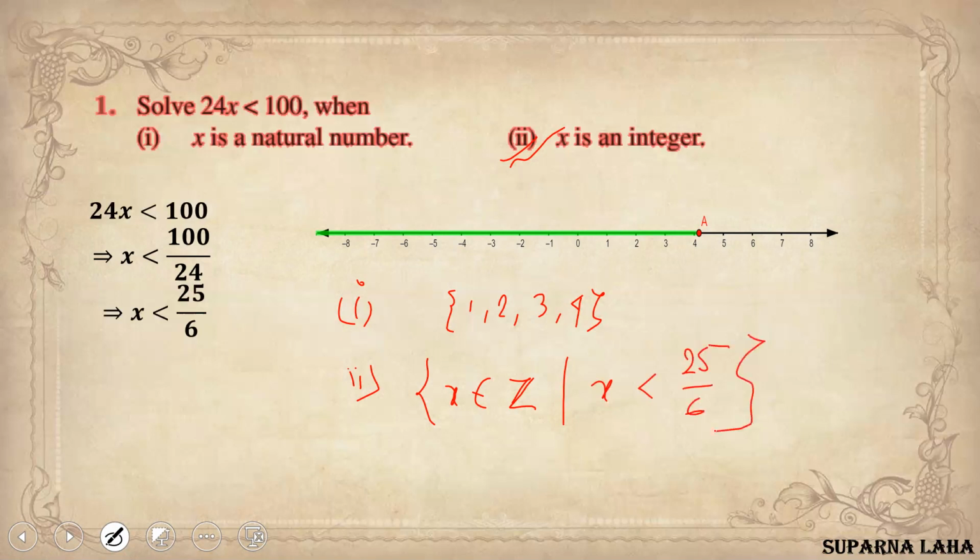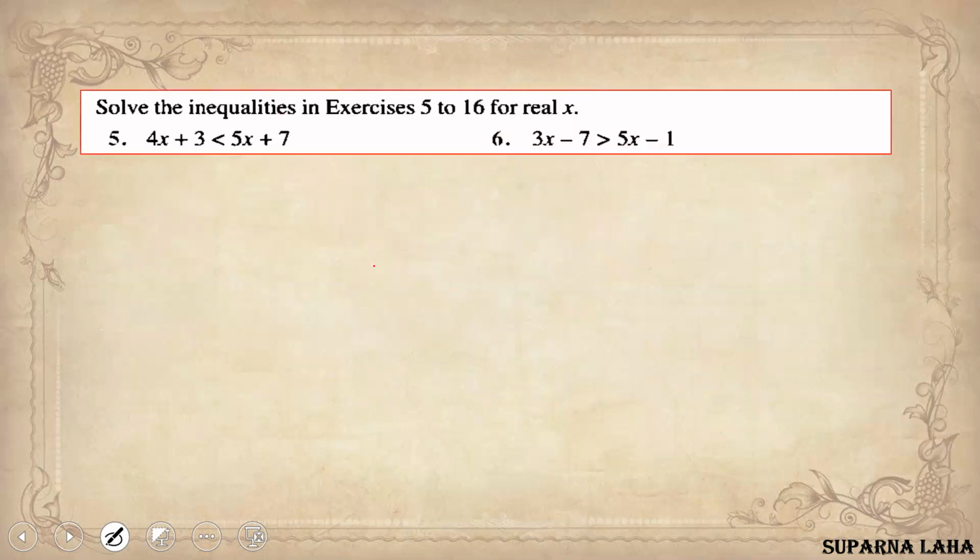You already know how to represent sets in different forms, that is the roster form and the set builder form. So those integer values of x which are less than 25 by 6, like 3, 2, 1, 0, minus 1, minus 2, minus 3, and so on. So like that, it will take all the integer values less than 25 by 6. Clear? So all the questions of question number 1 are similar to this one. So solve the other questions. Next, move to this second portion, that is the solving part.